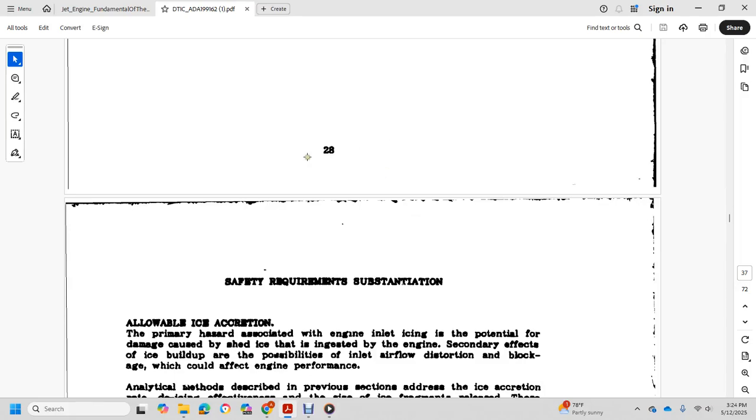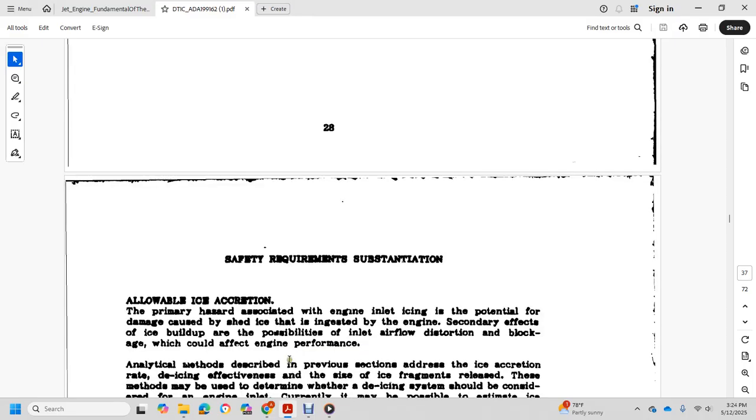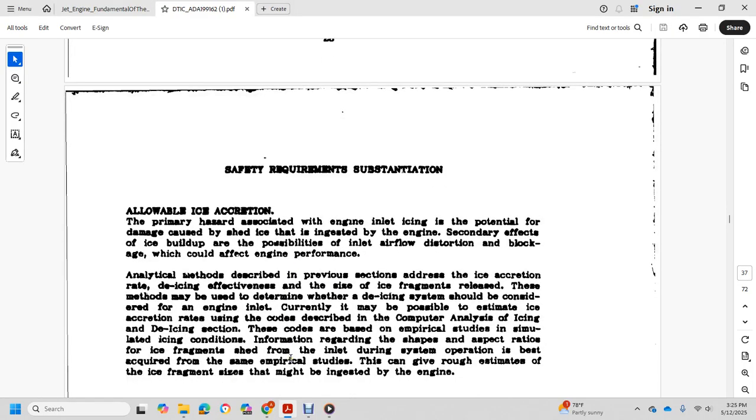Alright, safety requirements substantiation: allowable ice ingestion and the primary hazard associated with engine inlet icing is the potential for damage caused by the travel of ice ingested by the engine. Secondary effects of the ice buildup include the possibility of inlet airflow distortion or blockage, which could affect engine performance. Analytical methods to determine the ice accretion rate, the ice detachment, and the effectiveness of the ice fragments release